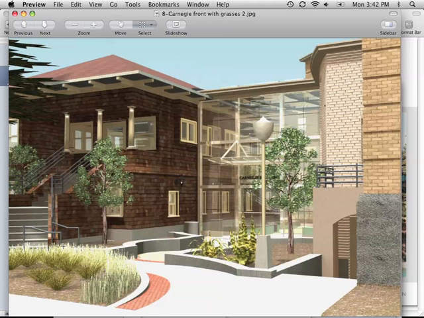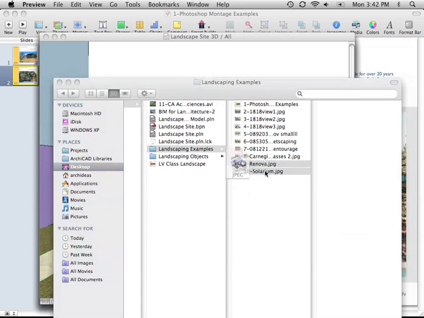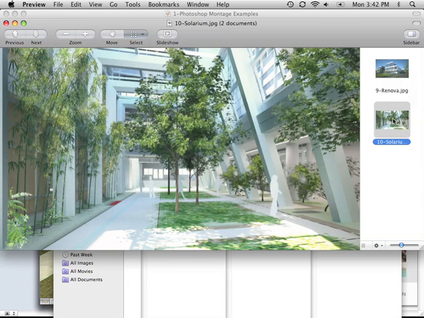And finally, I'd like to look at a couple more images here. And these were created with Maxwell Render. This is a very high-end rendering package. Works well with ArchiCAD, and this is something that you can use to really get high-end photorealistic images from your models. So these were rendered in Maxwell Render, and you can see